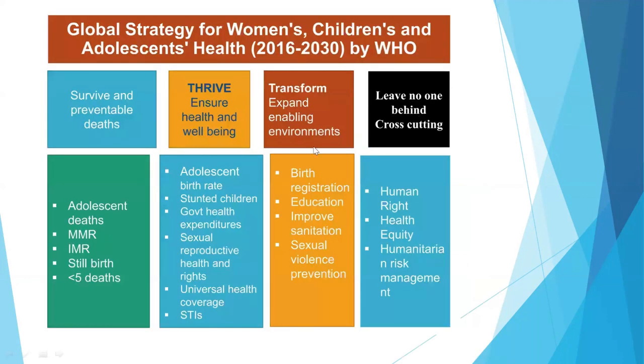Now, these are the global strategy for women's, children, and adolescent health that the WHO has suggested to be improved within 2030. Survive, that is end preventable deaths. Thrive, that is ensure health and well-being. Transform, that is expand enabling environment. And leave no one